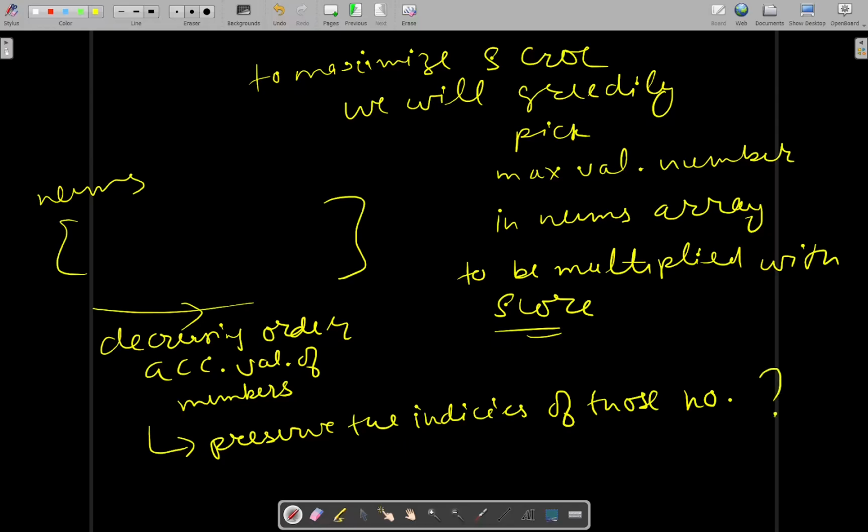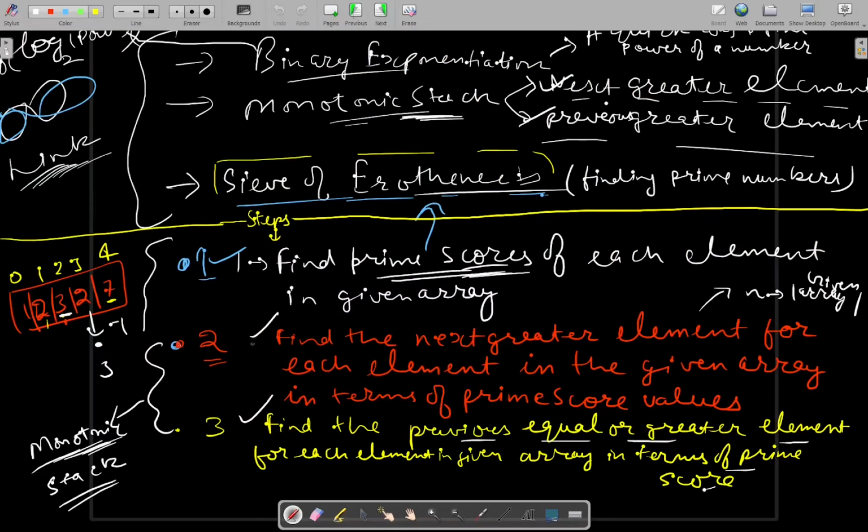Now, ask why we are preserving the indices. Because with the help of indices, we will be using first monotonic stack, this monotonic stack concept, to find the next greater element for each element in the nums array in terms of prime score values. What I mean by next greater element is, for example,